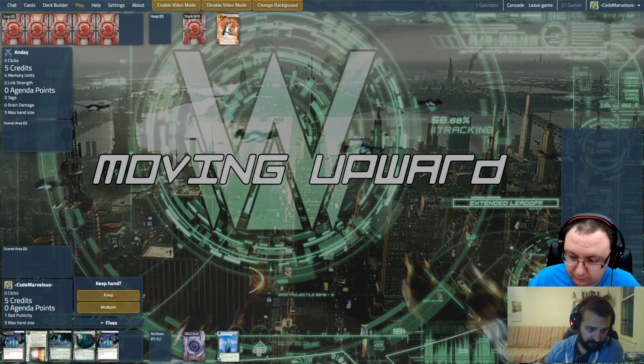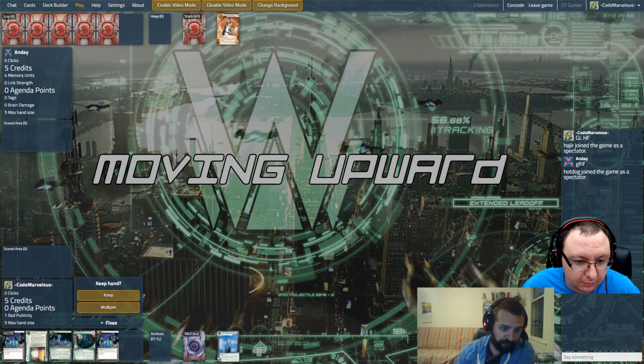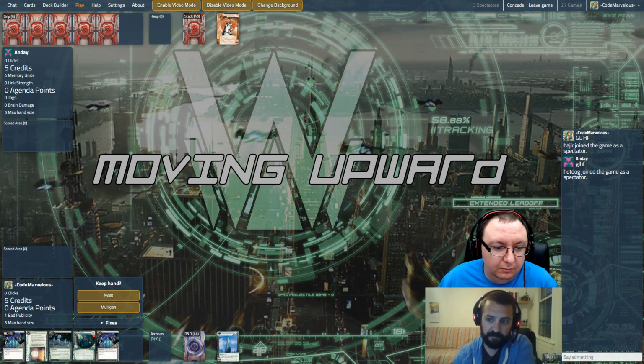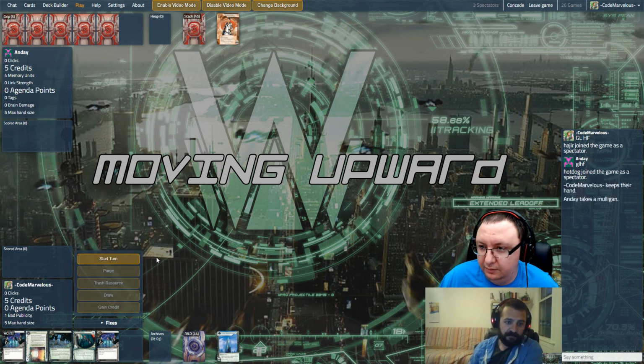All right, this looks pretty good. Are we keeping it? Well, yeah, I think so. You've got one fast advance tool. You've got a load of econ in there, and you've got an ice you can put over R&D to keep them out of it while you're getting set up. I like it. Okay. So let's keep it. They've already got the bad pub, so